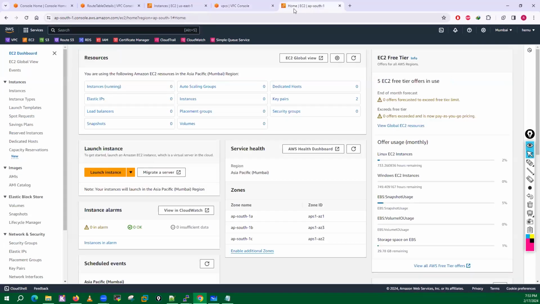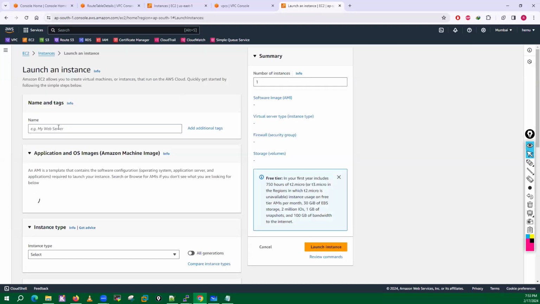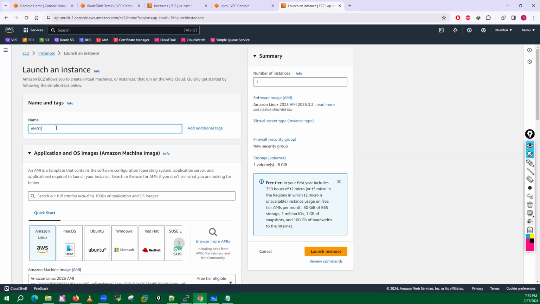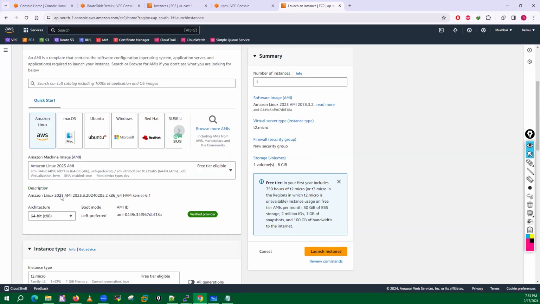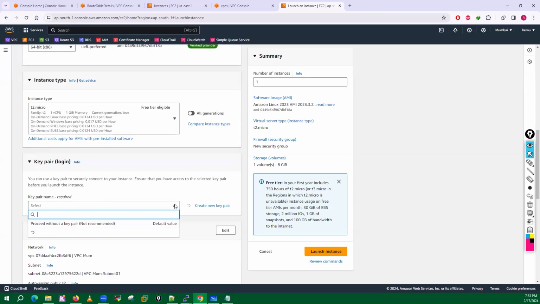I'll go into my EC2 console instances and let me launch one EC2 machine in my Mumbai region. I'll type VM in Mumbai region. I will use the Amazon EC2 key pair.